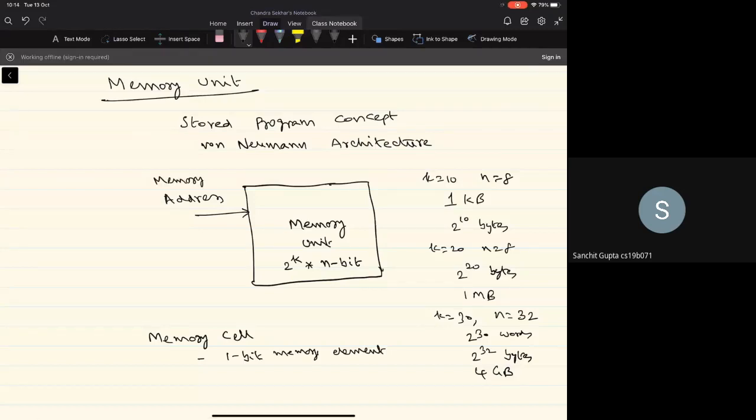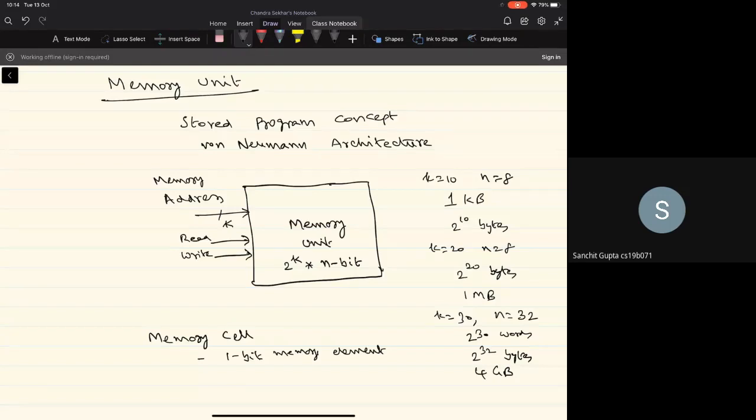Because we have 2^k memory locations, the number of bits that specify the memory address is k. Then you want to specify whether you want to perform a read operation or a write operation. Whenever you want to perform any of these operations, you make that signal active, that is, you set that bit to 1, and then the corresponding operation will be carried out in the memory unit.